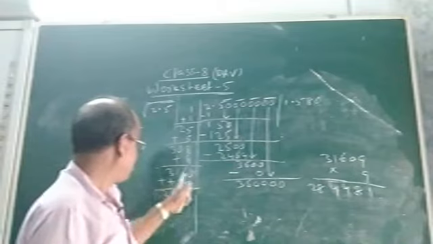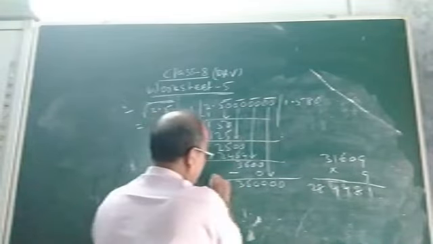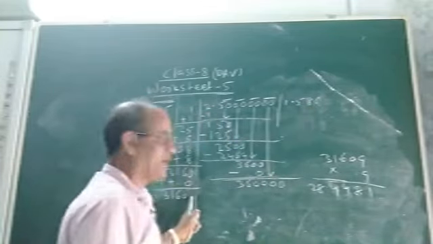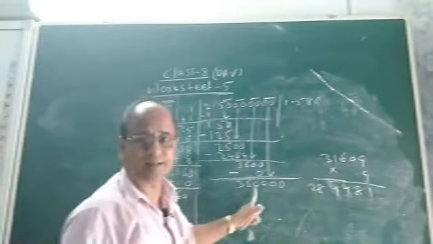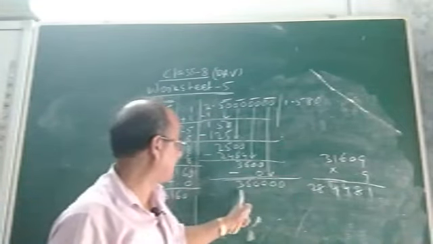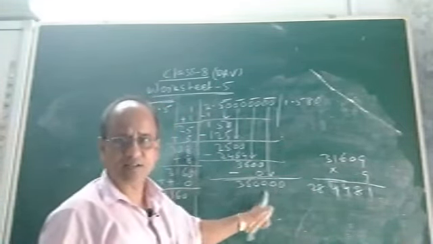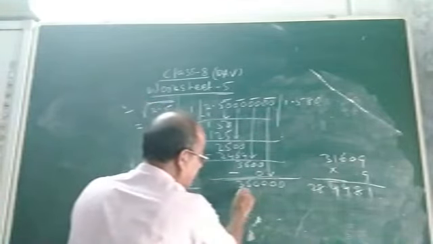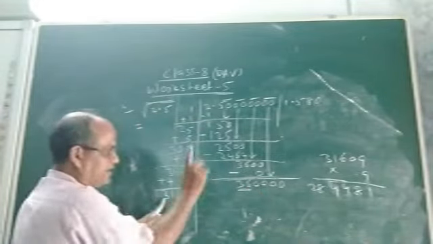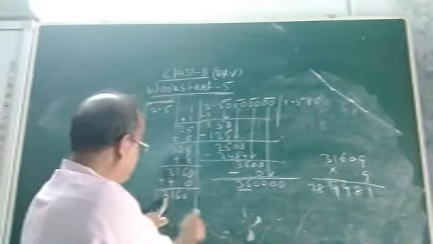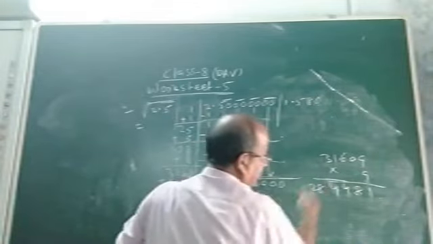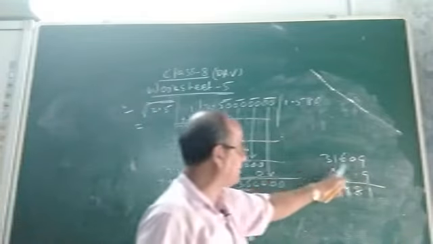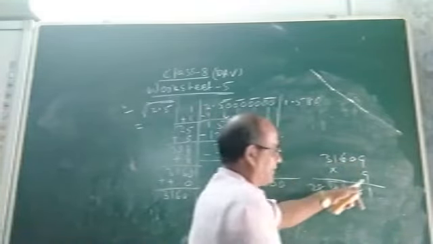Okay. So 3160. Now this is the new dividend. Now the point is what to put here and here, and the product of which will be either less than this or equal to this number. That is 3,60,000. How to know? You see. Now here it is the last 2 digits. You see 36. Here it is 3. So you can try with 9. Put here 9 and 9. See, I have done the multiplication. If you put here 9, it will be 31,609. See, 31,609 multiplied by 9.